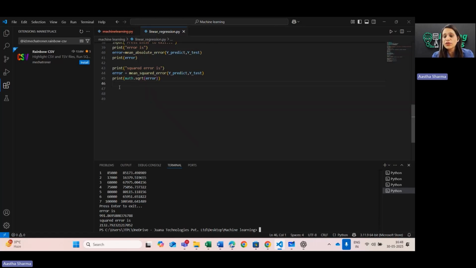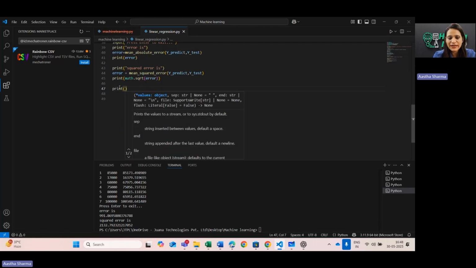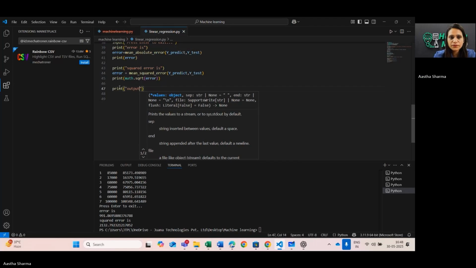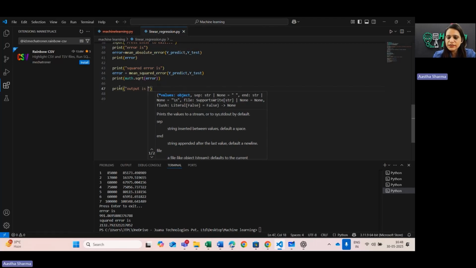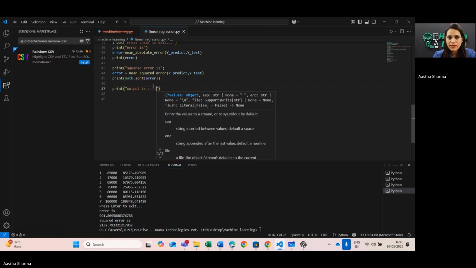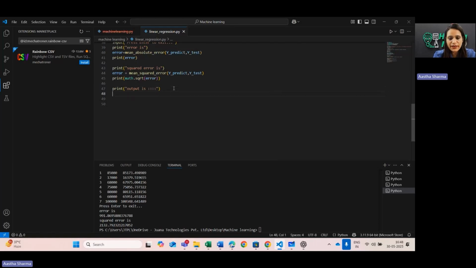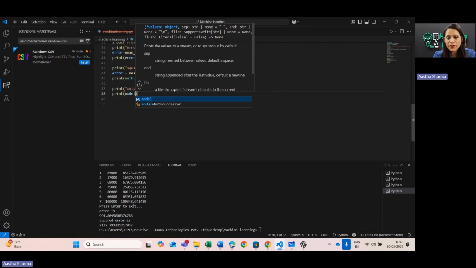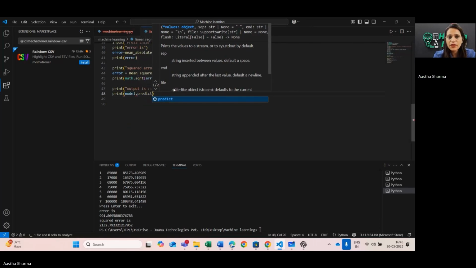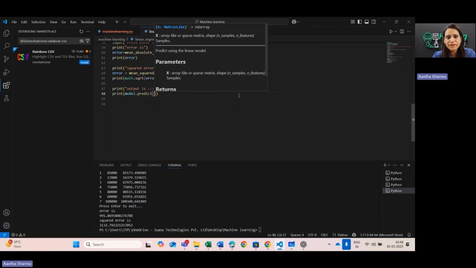Now, one more thing. We wanted to see how the output is going to look. So for that, let's quickly write for the output. Type print, and we are going to write print as output. Output is, and then we are going to print the model which we have created, model.predict, and this model prediction is going to be